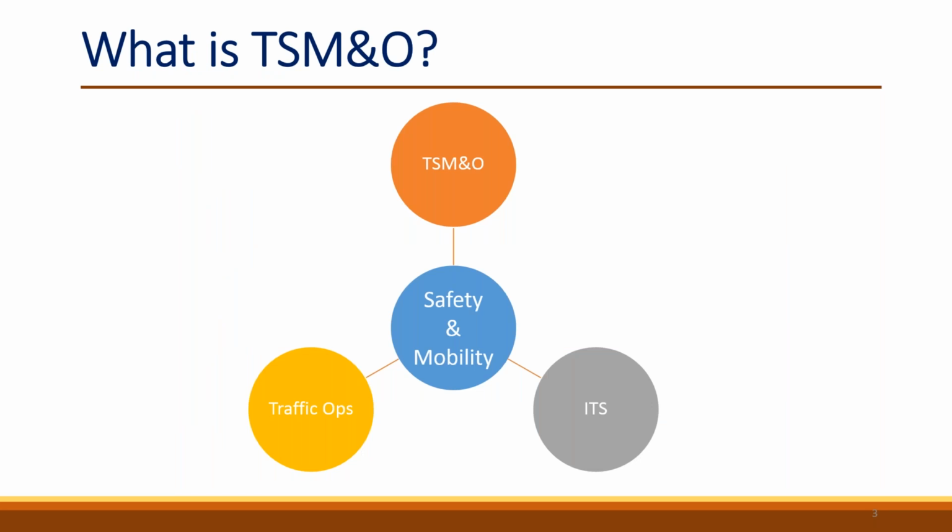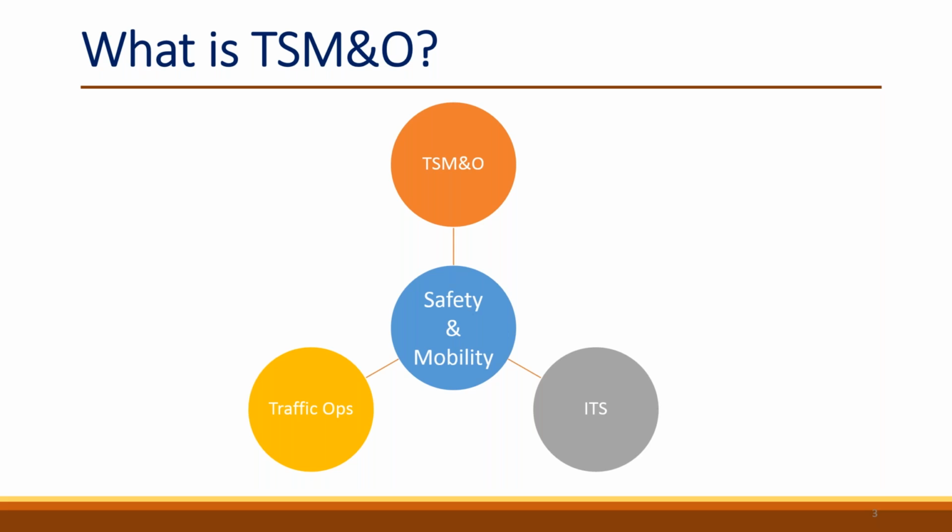As I said, it's Transportation Systems Management and Operations. Wow, that's a mouthful. But agencies, whether it's the FDOT Central Office or the districts or the local agencies, especially when they're dealing with transportation, primarily have 2 goals: safety and mobility. We want to improve the safety and mobility for all road users across our entire transportation network.